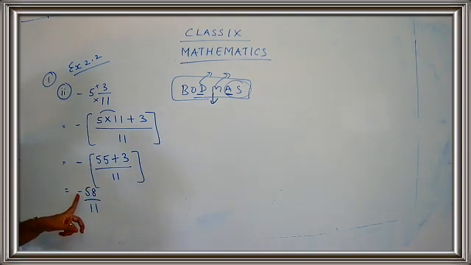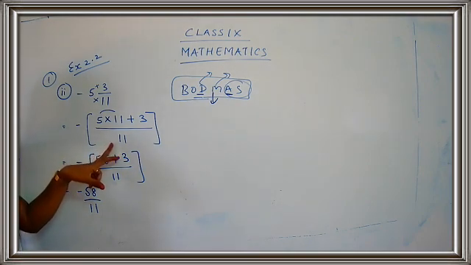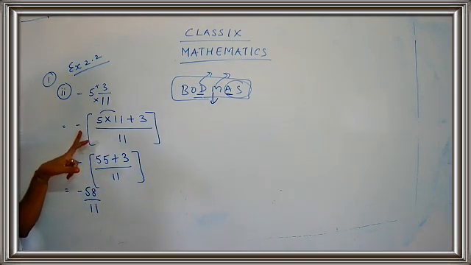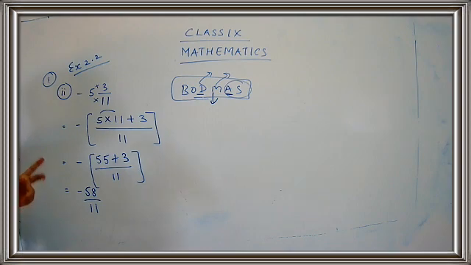And I have to just write down the numerator sign. Children, remember that you should not write the minus sign in the denominator part. Even if you have a negative sign in the denominator, it should be taken to the numerator part. That is the standard way of writing the fraction. Never keep a negative sign in the denominator. So you have to write the negative sign in the numerator part alone. So what is the answer, children? It's minus 58 upon 11. We have just changed the mixed fraction into an improper fraction. Minus 58 upon 11.